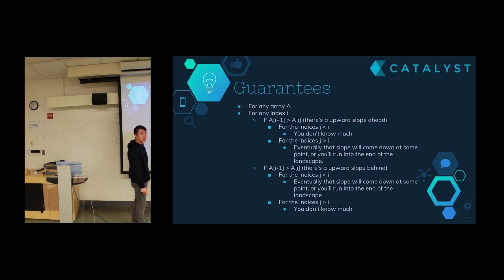And if you take a look at the updated code that I sent over, basically it just checks the endpoints first to see if the endpoints can immediately be a solution. And then after that, it does the binary search just as you would expect. And this works regardless of how many peaks and valleys there are. If there is indeed just one peak, like the one that we proposed, where it was just bitonic, then this simplifies to: if you're on an upward slope, you know the mountain's ahead of you. And if you're on a downward slope, you know the mountain's behind you. All right, so finally,